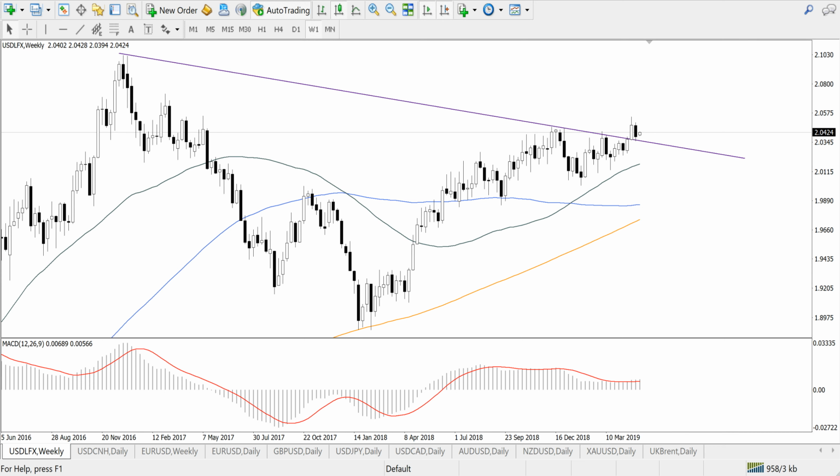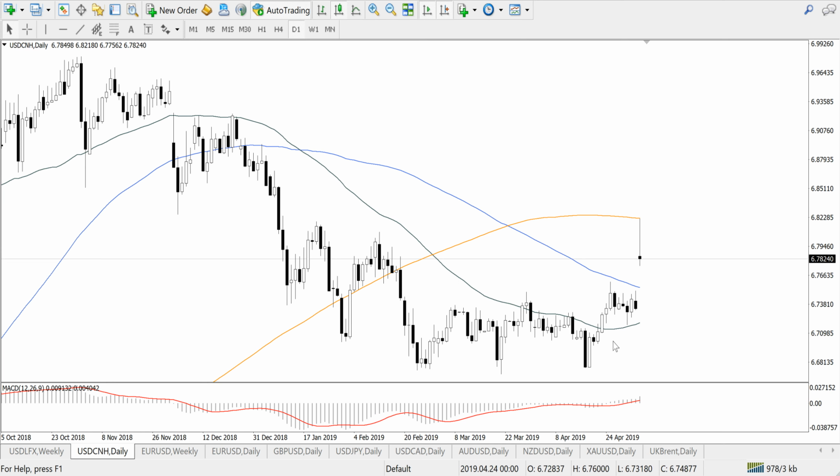The USD remains attractive relative to higher risk currencies like commodity currencies, Australian dollar, New Zealand dollar, Chinese yuan, Mexican peso, and so on. However, it is under pressure versus the Japanese yen. As we can see from the chart of the USD versus Chinese yuan, Chinese currency is set for the biggest drop in 10 months. And here we need to mention news which are related to trade talks between the United